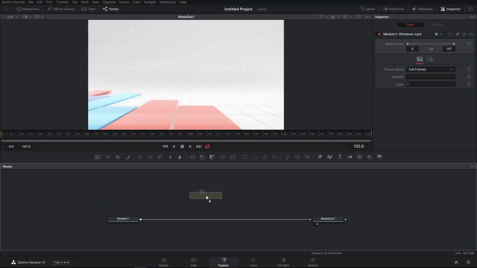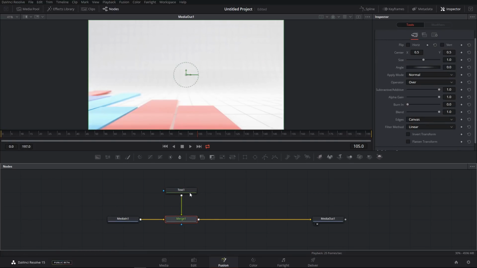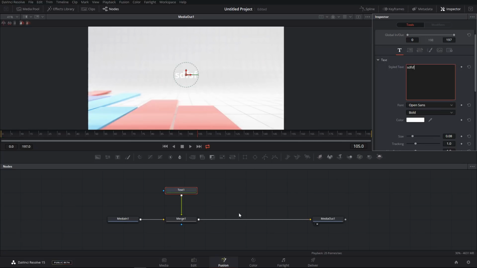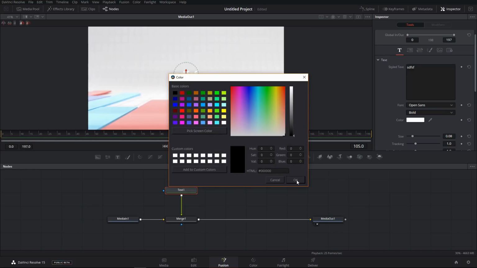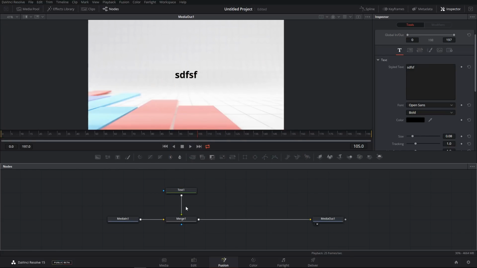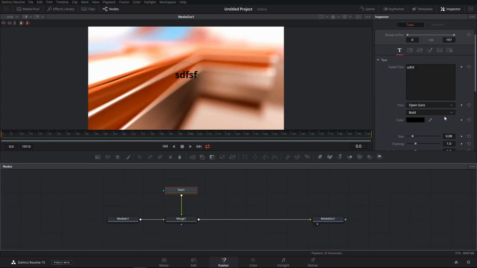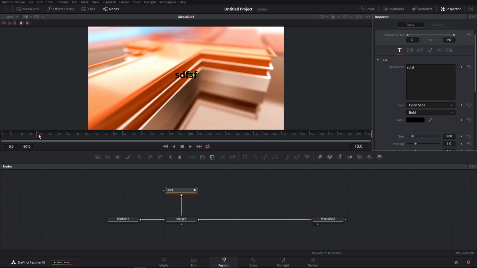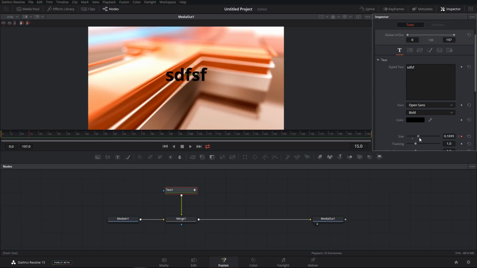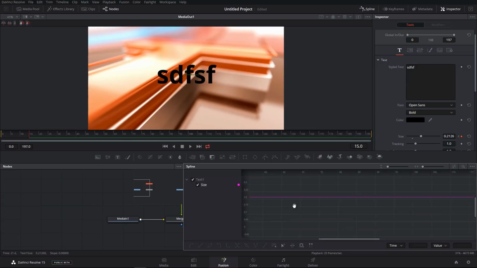So let's create a text node, and let's merge it, and I'm going to give it some text and change the color. This is nice, you can directly click and change the color. Okay, so let's animate this thing. I'm going to set a keyframe on frame 0. Let's animate the size. This keyframing thing is really nice. Let's increase the size, and if I go into this spline editor and turn on the size, you can see